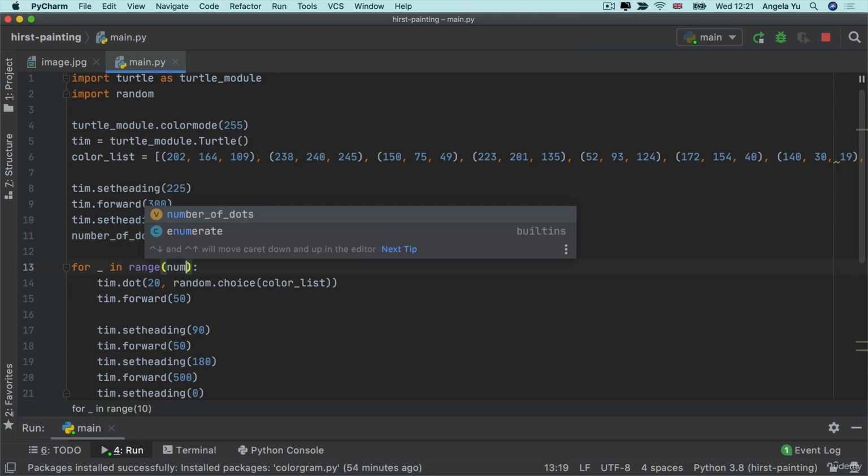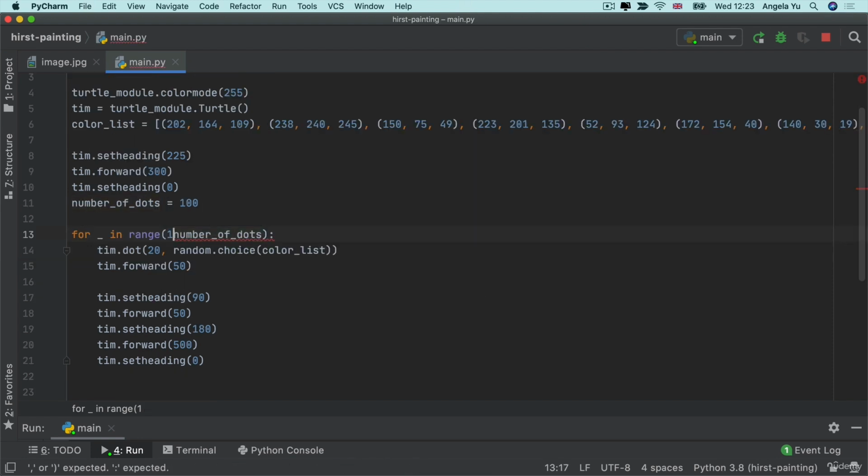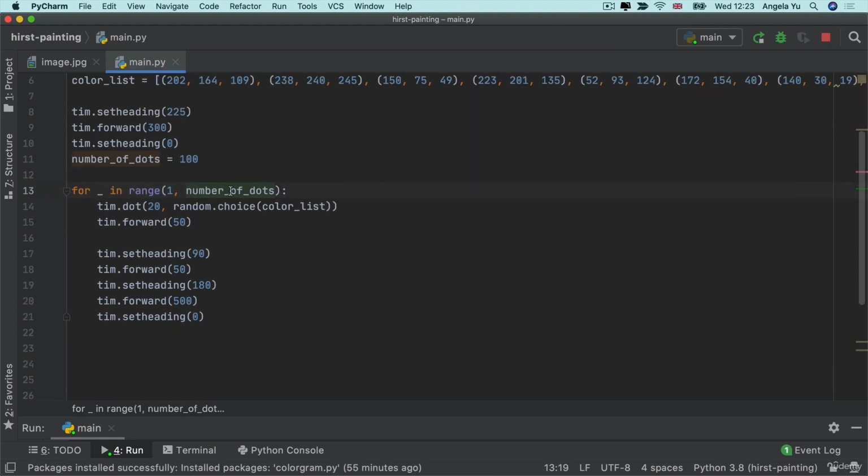We're going to use that instead of the range. And we're going to create a range from 1 to the total number of dots we need to create. And then we can replace this underscore with an actual variable that we'll use inside the for loop. So we'll call it dot count, because this is going to represent the current number of dots that have been